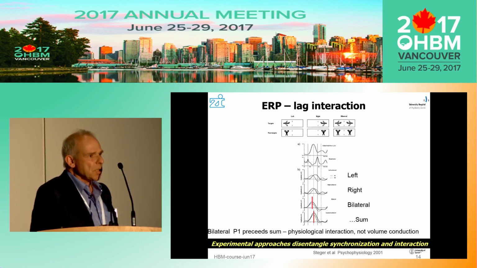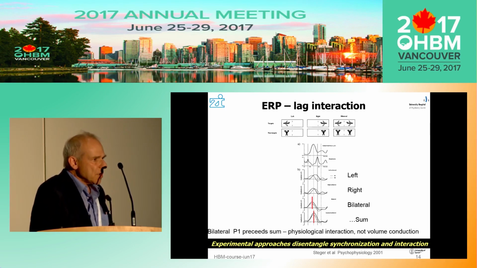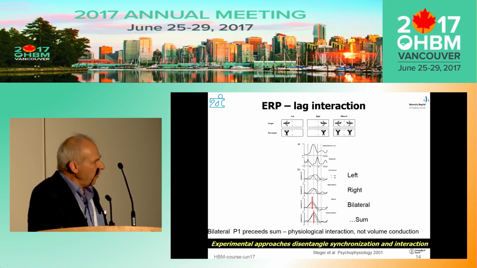And this is not the case, and the interesting thing is this is not an amplitude difference, but it's a timing difference. So essentially there must be an interaction at a really quite early visual processing stage before 120 or 140 milliseconds, which essentially leads to